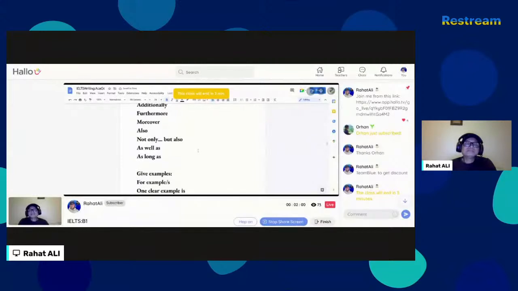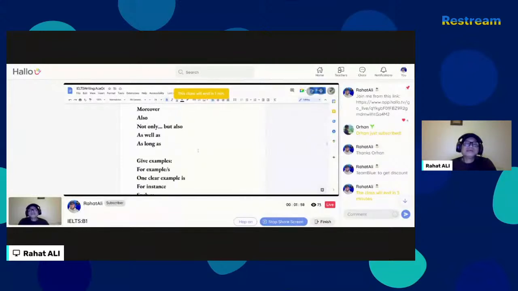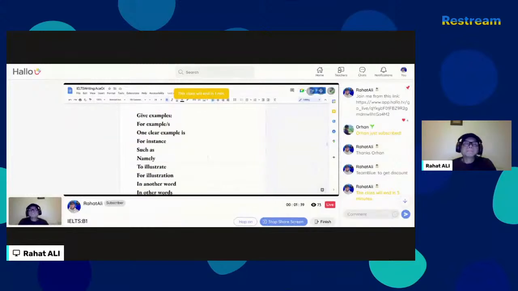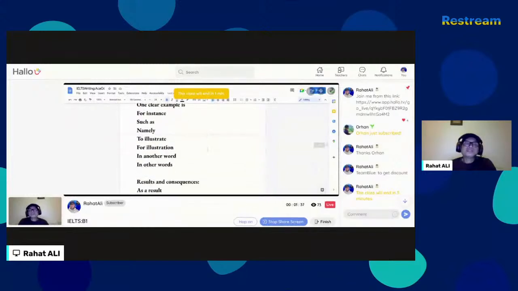When we are giving examples, we use for example, one clear example, for instance, such as, namely, to illustrate, for illustration, in other words,